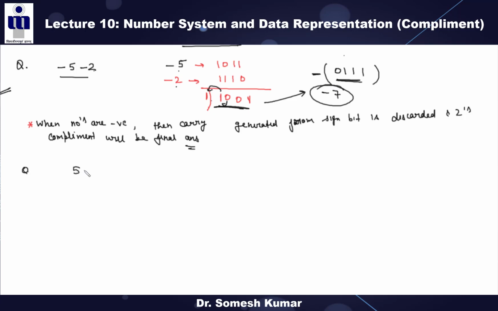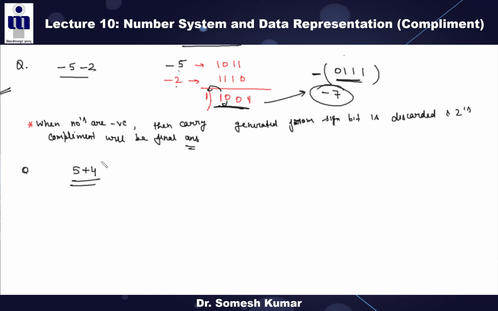Now do 5 plus 4. Tell me. This is an overflow example. Now tell me, plus 5 plus 4. Plus 5 can be denoted by 4 bits. Plus 4 can be denoted by 4 bits. What about plus 9? Suppose there is, we can say, a decimal register, right? So plus 9 is,